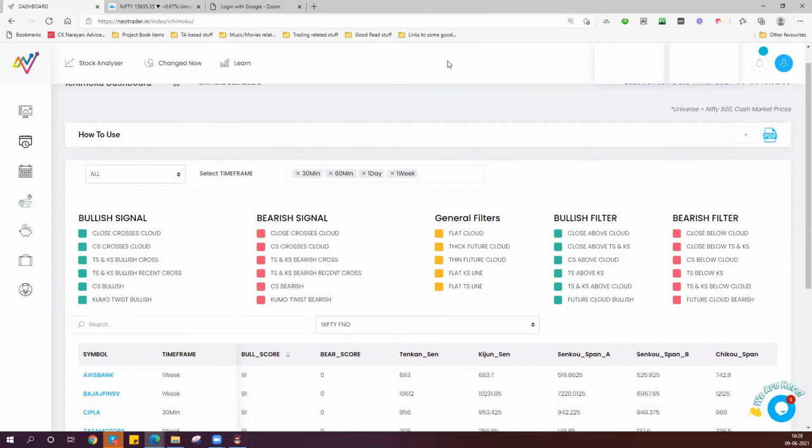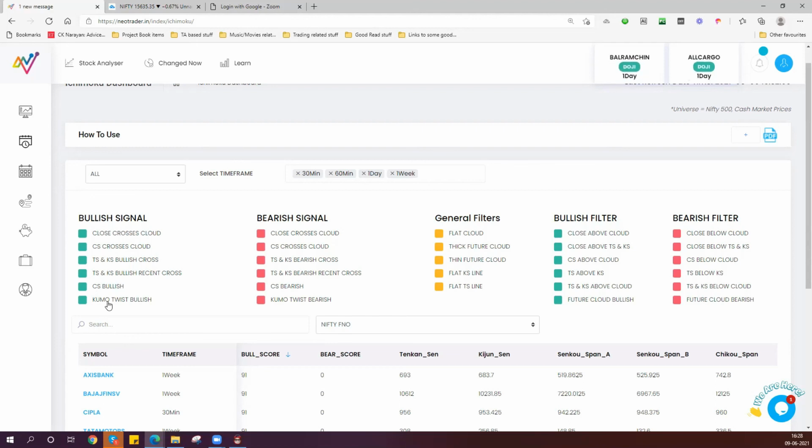So this is the introductory part of the video, and I trust you had some idea about what is captured in the NeoTrader software. You can look at the cloud, you can look at TSK action, you can look at the Chikou span action.